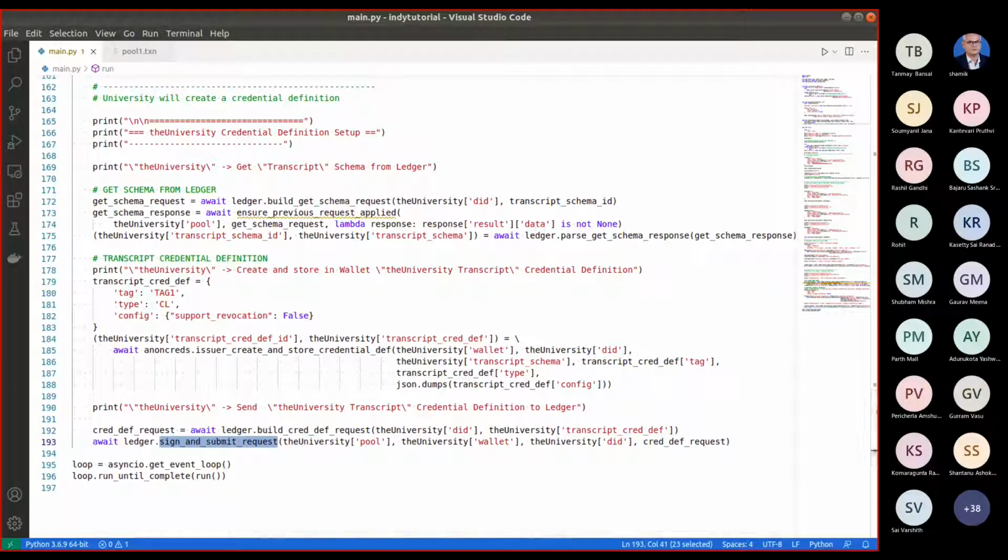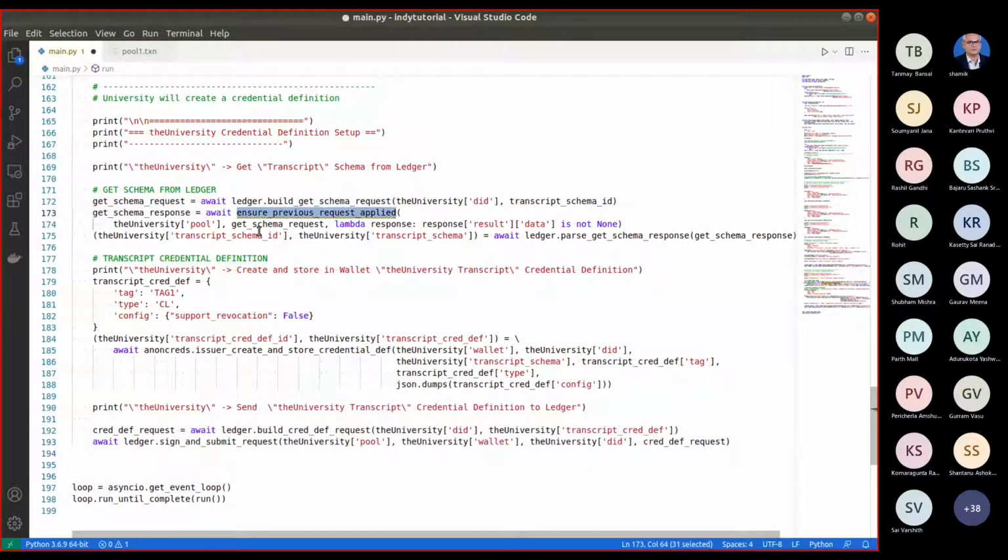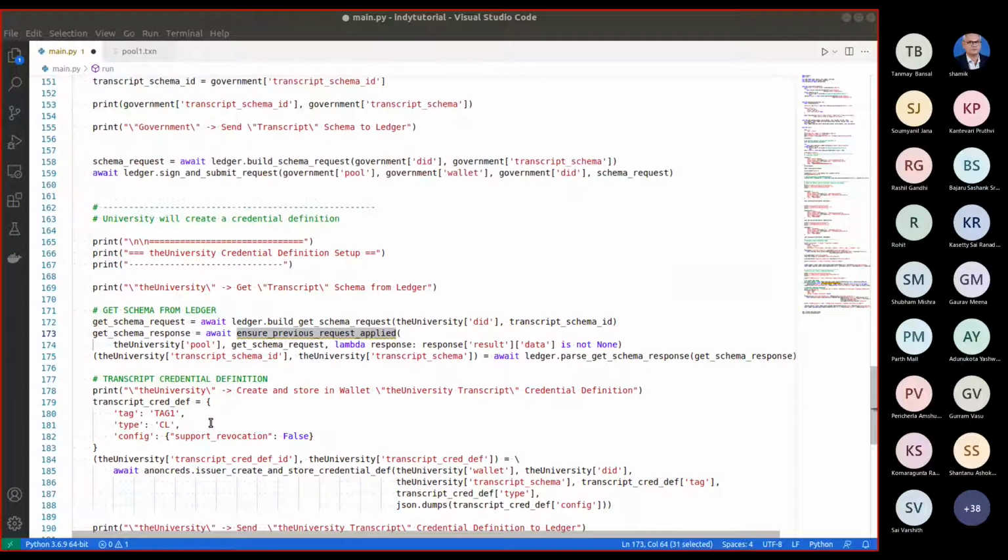Okay, so here we need to bring in this function, ensure this one. Let me just go ahead and paste it on top.